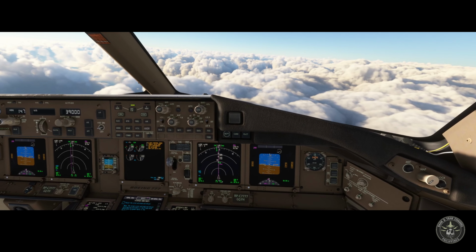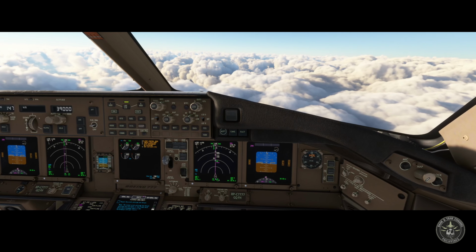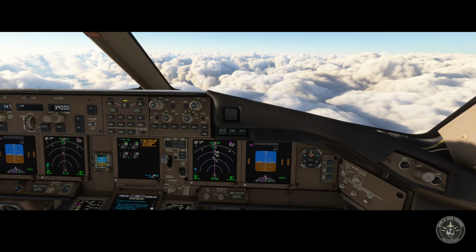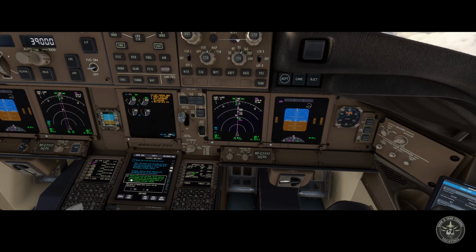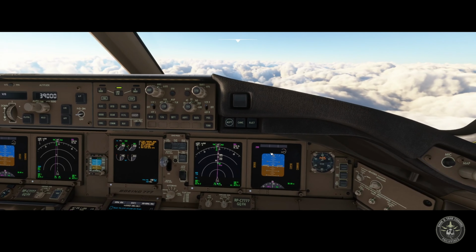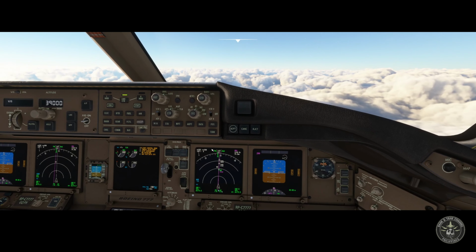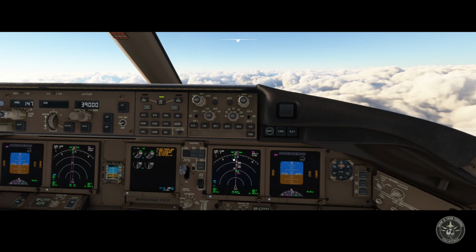Continue checklist, standby. Okay, 65%. So reliable airspeed data source can be determined? Ground speed can't be reliable, so we don't have an airspeed tape.